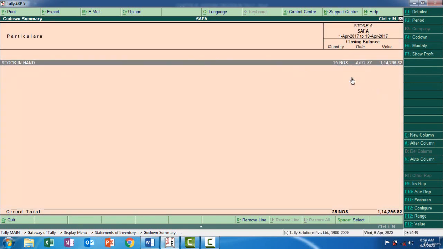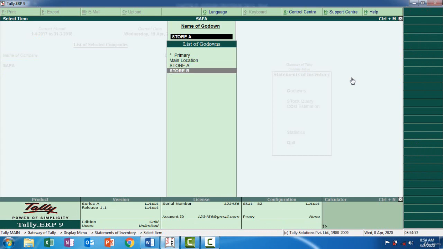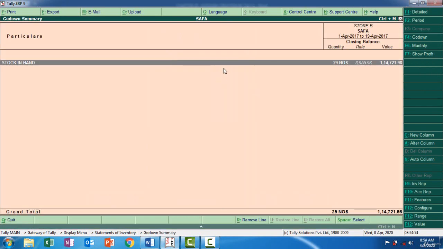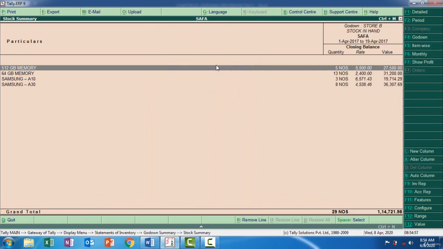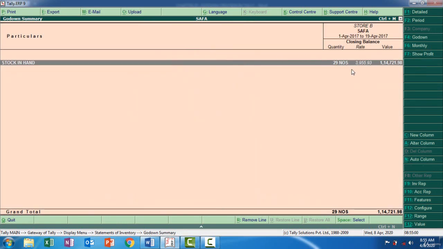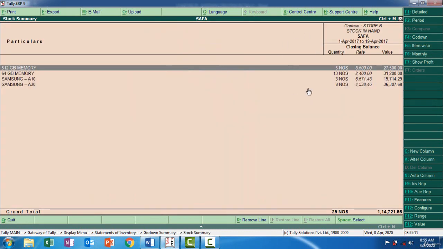If you want to see the Godown B details, you can press store B and enter, and the details will appear. There are a total of 29 quantity, and the total value is 114,721.98. Double click and you can see all the details of these items: 512 GB memory 5 numbers, 512 GB memory 5 numbers, 64 GB memory 30 numbers, and you can take the information of other stock items as well